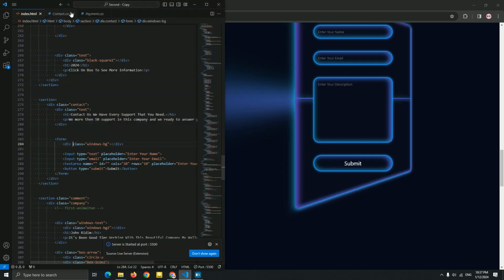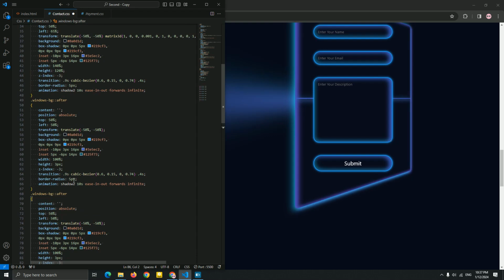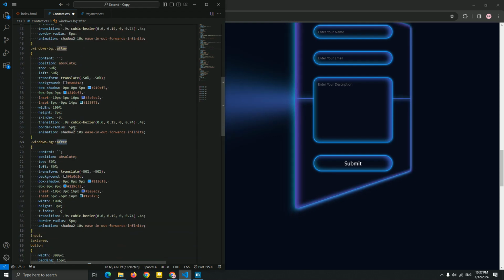Now just copy this, paste it, and add a rotate of 90 degrees. So just copy this, just like I said, and paste it. I'm going to add it before. Okay, the position is the same, let's change it. Just like I said, I add a rotate of 90 degrees. Now let's see it. Okay, it's now here.